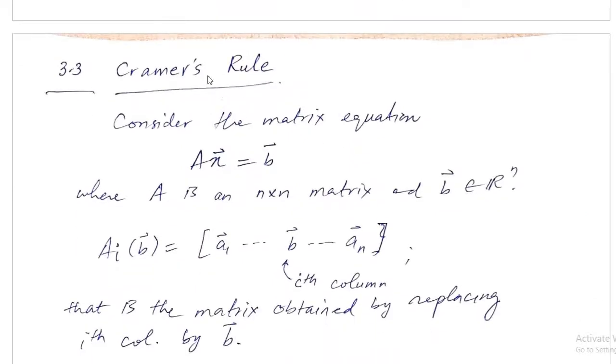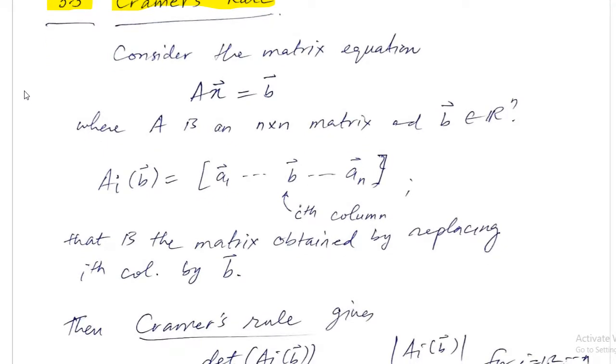Anyway, the important thing which I wanted to do was Cramer's rule, and that's why I did review of determinants, and we studied one more method of finding the determinants using row operations. Okay, now if we have a matrix equation Ax is equal to b, you know that this comes from a system of equations. You can have n by n system of equations, but here one condition is your matrix A should be a square matrix. Your coefficient matrix is n by n matrix.